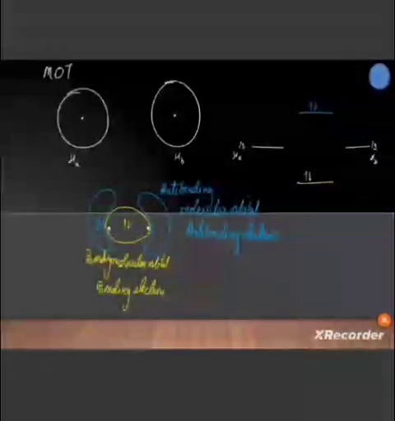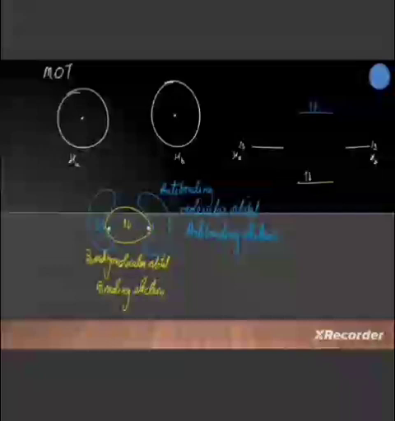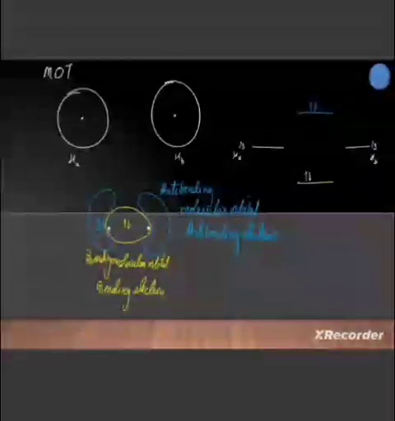Students, in molecular orbital theory, consider the H2 molecule consisting of two atoms A and B. Each hydrogen atom in the ground state has one electron in the 1s orbital, and they combine to give two molecular orbitals. One is known as the bonding molecular orbital and the other is called the anti-bonding molecular orbital.